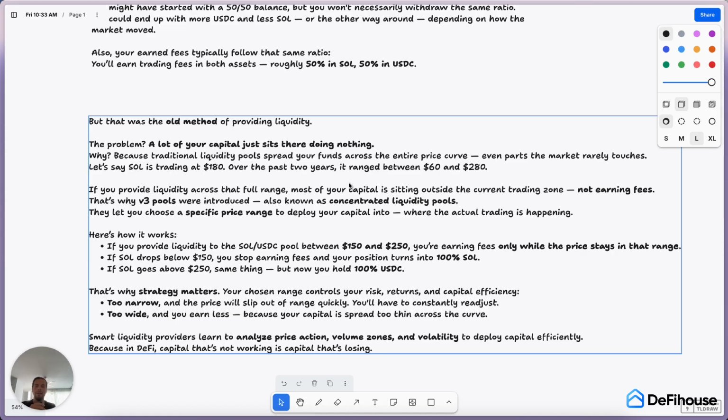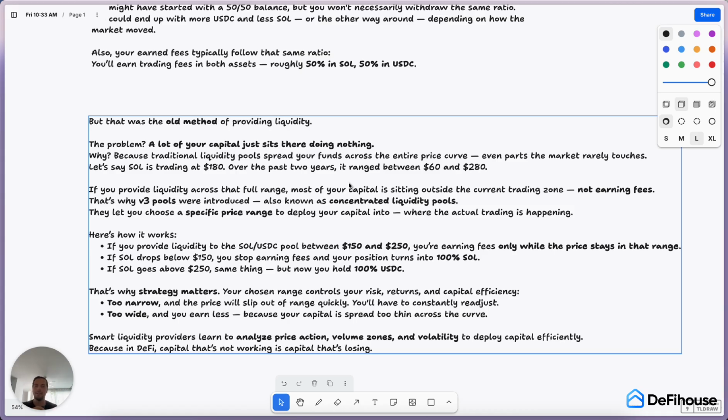Meaning that if you had your liquidity within the full range, no matter the price, most of your money and most of the pool money did nothing, because the only range that generated the fees was 60 to 280 over the past 2 years, as an example, right? So if you provide liquidity across that full range, most of your capital is sitting outside the current trading zone,